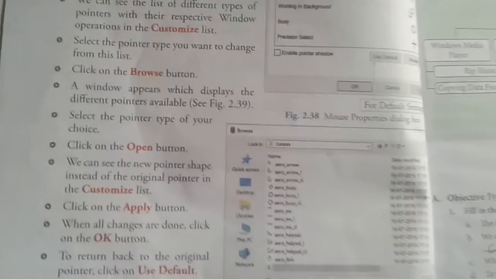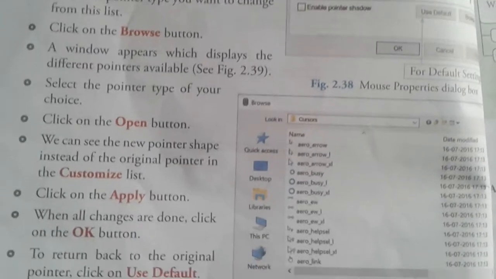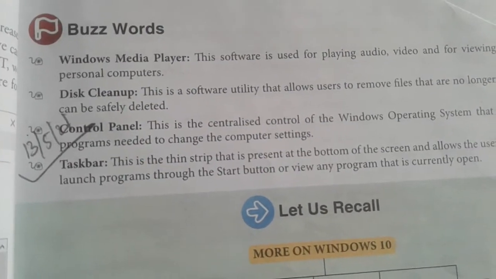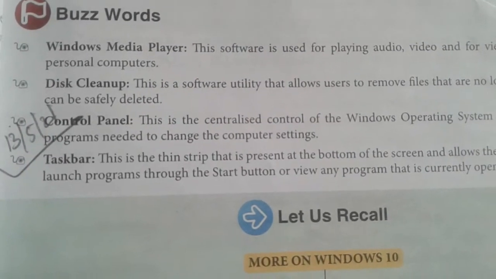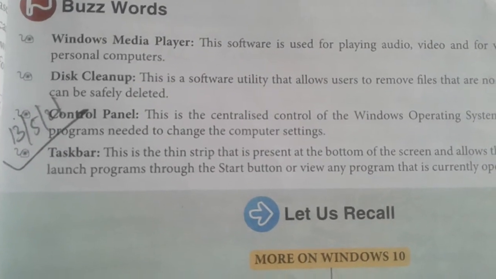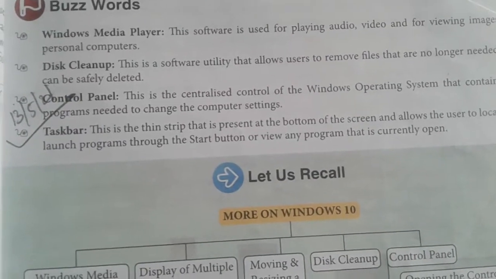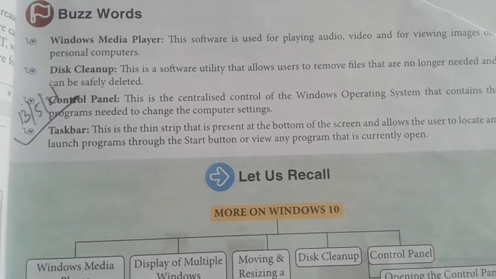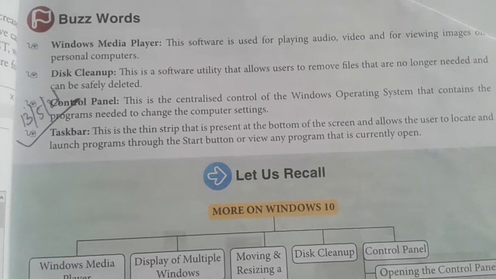So students, we already covered this chapter on Windows 10. What you need to do is write the definitions, and I'm sending you the definitions of the chapter which you need to write down in your computer notebook. If you have not noted them down, please note them down. Windows Media Player, disk cleanup, control panel and the taskbar. Only 4 definitions are there. If you have done it, then it's good, because I already gave these definitions in my previous classes. If you have books, please read these 4 definitions, because they may come depending upon your question and answer as well.